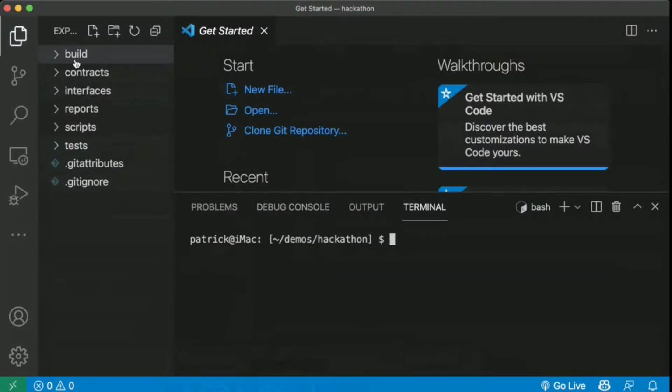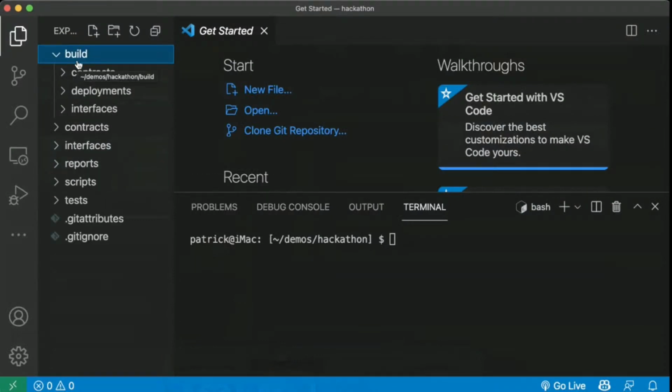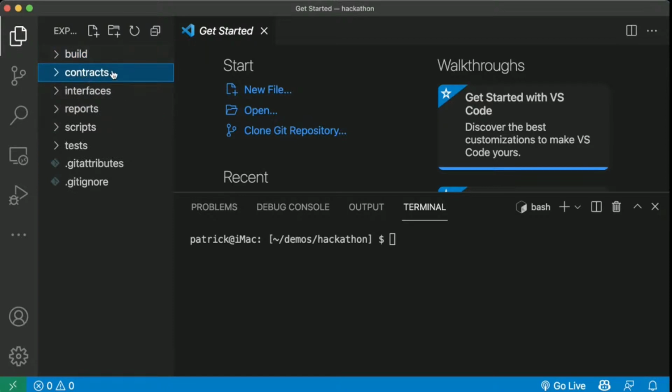In Brownie, it does all that in this build folder. So this build folder keeps track of all our compiled contracts, where we've deployed contracts, and our compiled interfaces. We write all of our code in this contracts folder.